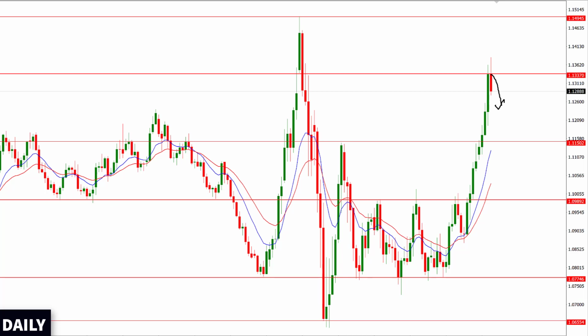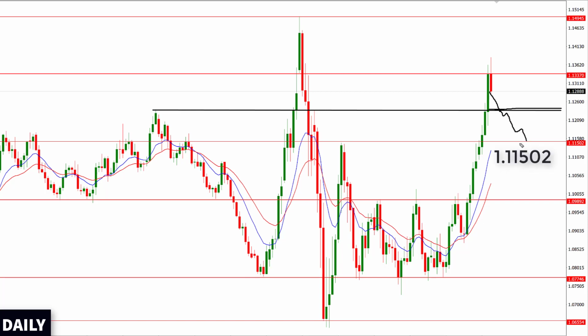And take note of the next swing high right here. If the bears successfully ensure a daily close below this level structure, let's check the measurement of this region. That is the level of 1.12393. If the bears successfully ensure a daily close below this key level structure, then I wouldn't be surprised if the euro against the USD drastically depreciates in value to the previous key level structure, which acts at